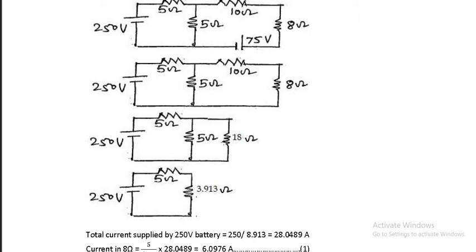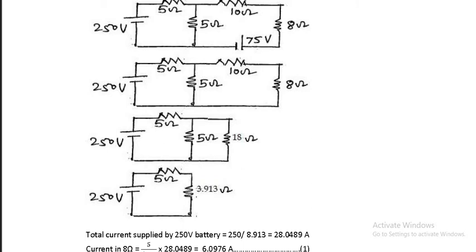So what is the parallel combination of 18 and 5? It is 18 into 5 upon 18 plus 5. Mind well that gone are the days when you used to calculate it as 1 upon R is equal to 1 upon R1 plus 1 upon R2. Now at this stage, when you are studying in engineering first year, it should be calculated as product upon the sum, R1 R2 upon R1 plus R2. So it will be product upon the sum, 18 into 5 upon 18 plus 5.